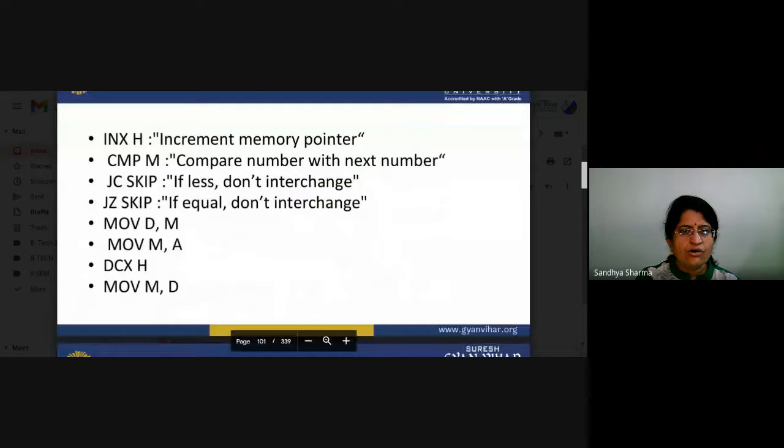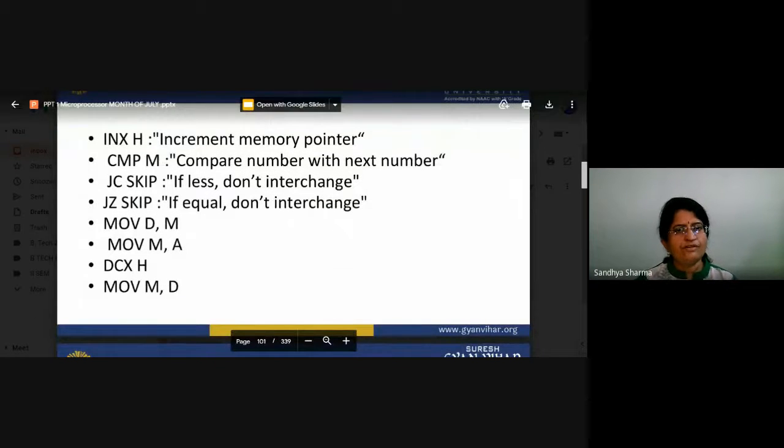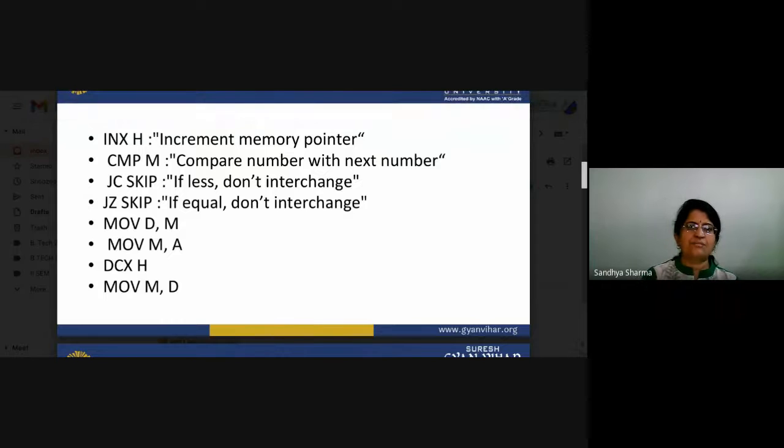So now you have to increment H, your pointer will be shifted, and compare M. Compare the number with the next number. What you have to compare is the content of the accumulator with the HL data you have at present. JC skip: if less, don't interchange. If equal, JZ skip: that indicates if equal, then don't interchange.